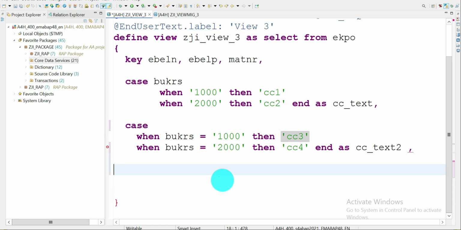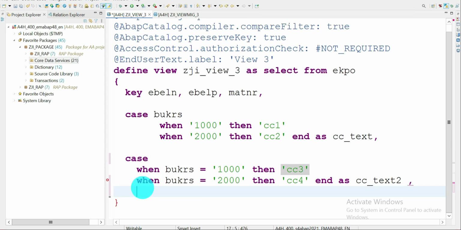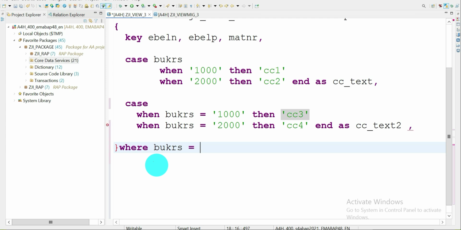I'm going to have a where condition here. So the new syntax we are going to learn. So without joins, we are going to have a case statement. So where UKRS equal to, then there is a case statement that needs to be enclosed within the parenthesis. So case, so when, you can have it in the next line also, not a problem. So when